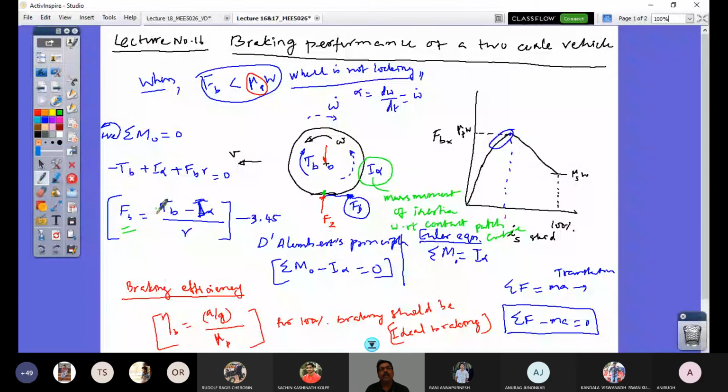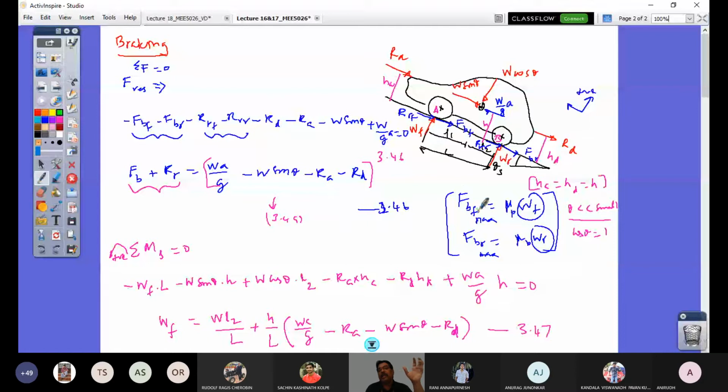What is the maximum possible FB? That is dictated by the road condition, μp times WF. So the maximum value of this is μp times W. When the FB developed due to the braking torque applied is smaller than this, that means the wheels